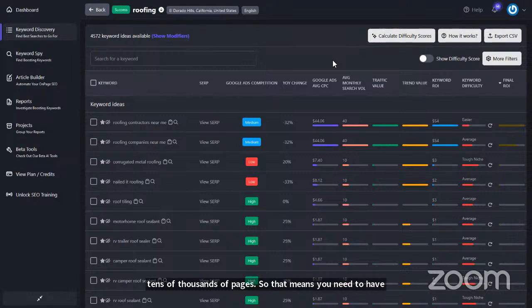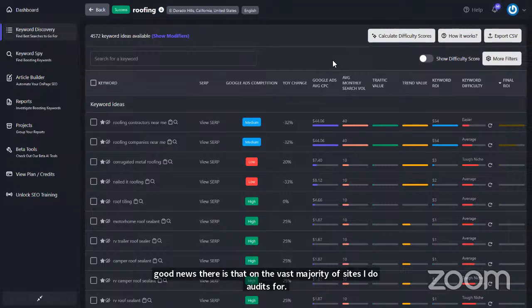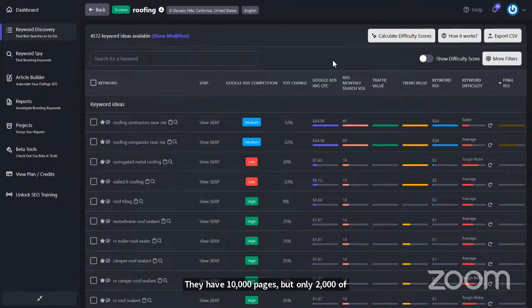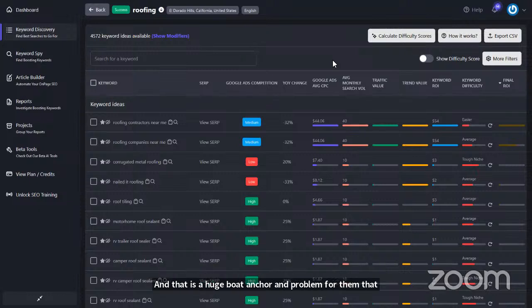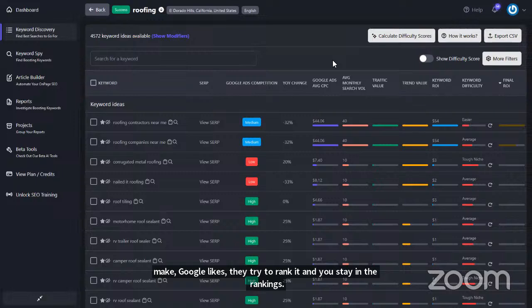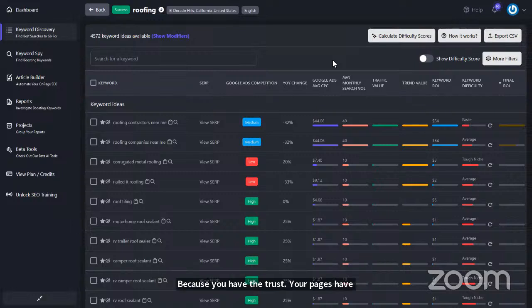The good news is that on the vast majority of sites I do audits for, they have 10,000 pages, but only 2,000 of the pages roughly are good pages. The other 8,000 are crawled but not indexed or not ranking at all. And that is a huge boat anchor and problem for them. That is a huge benefit for you: every single page you make, Google likes, they try to rank it, and you stay in the rankings because you have the trust. Your pages have the trust because they have the best green scores, but also your site has the trust because